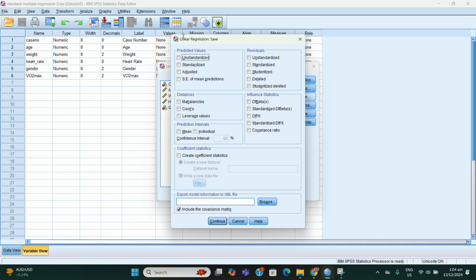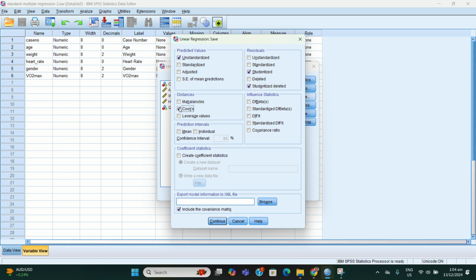Here is the linear regression save dialog box. In the predicted values, we check unstandardized. Then for the residuals, these four, we check studentized, then studentized deleted.